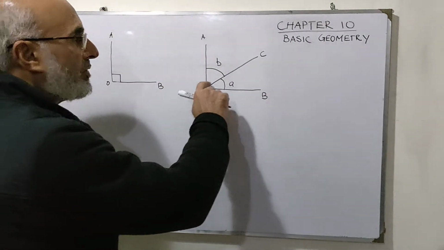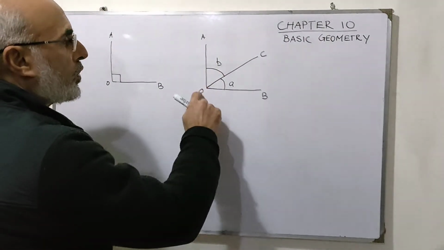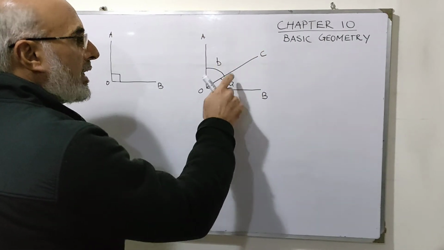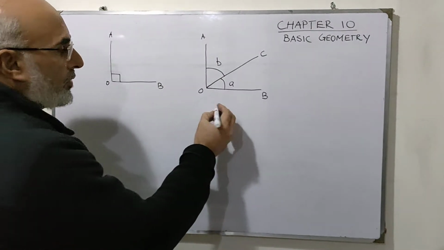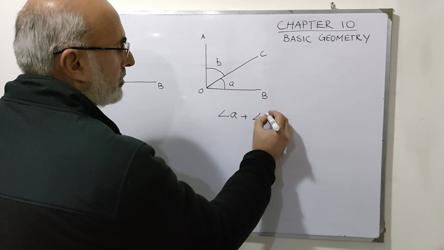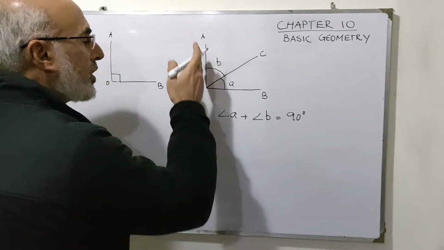Now by having this 3rd line OC, angle COB is A and angle AOC is B, right? Now this angle A plus angle B equals 90 degree,